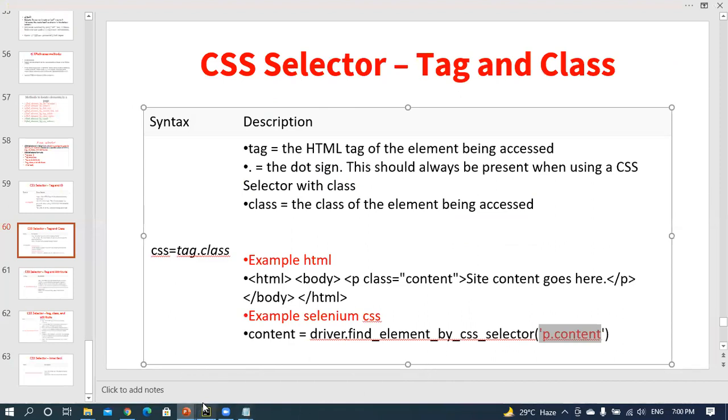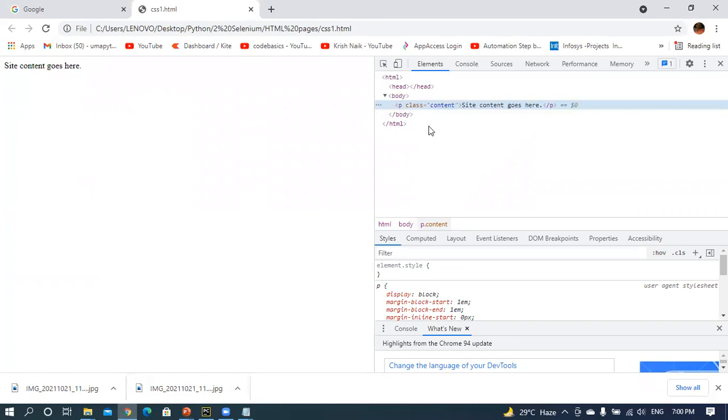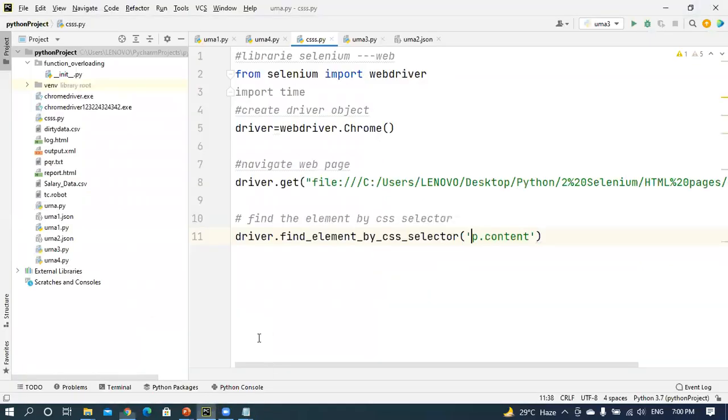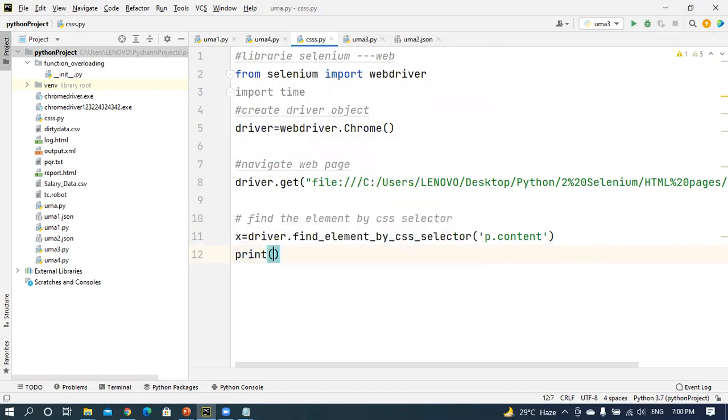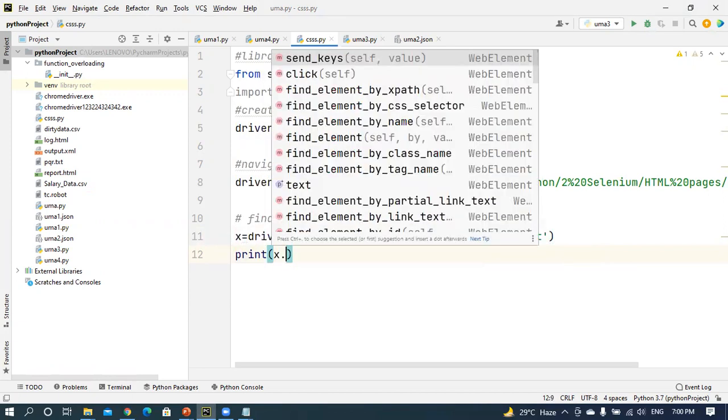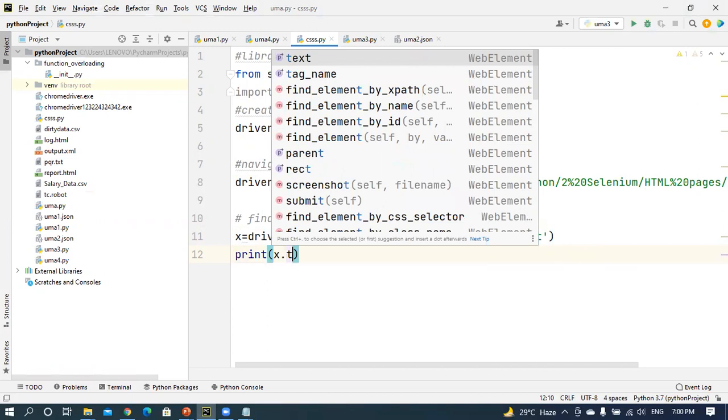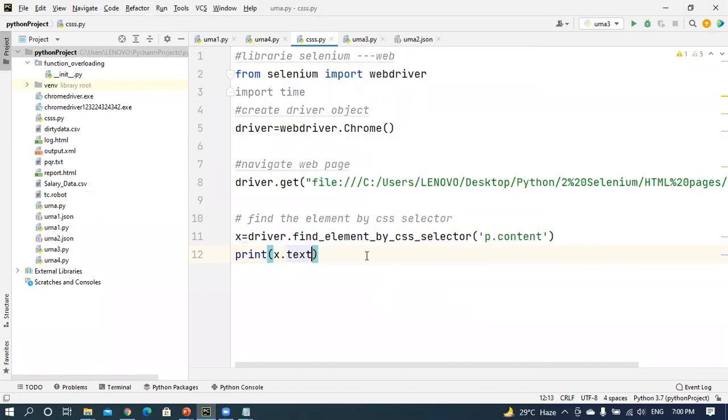Here, p.content is an element, and I want to print that particular text. How can you print it? You will pass this value to a variable, for example x. Here I'm going to print whatever the text is: print x.text.